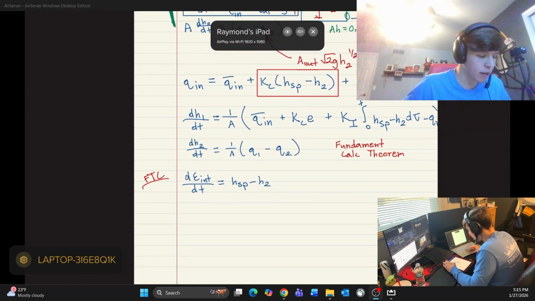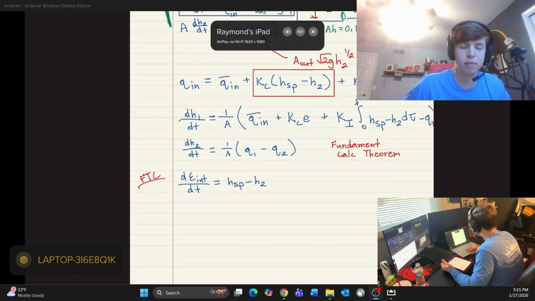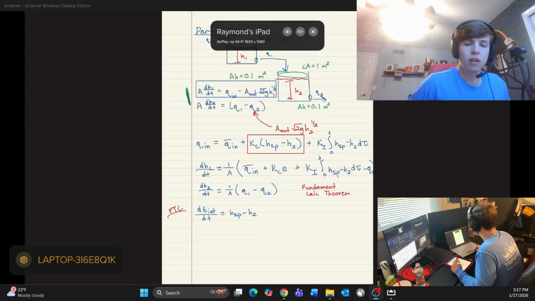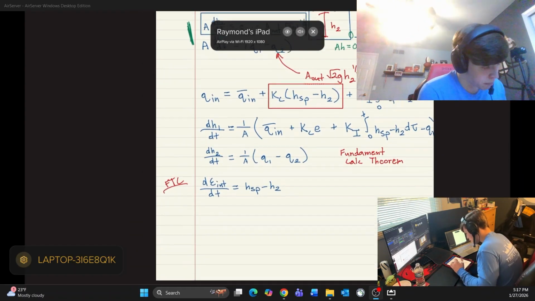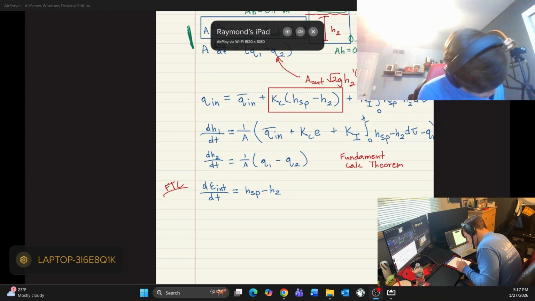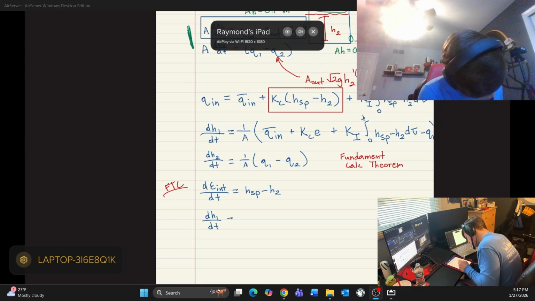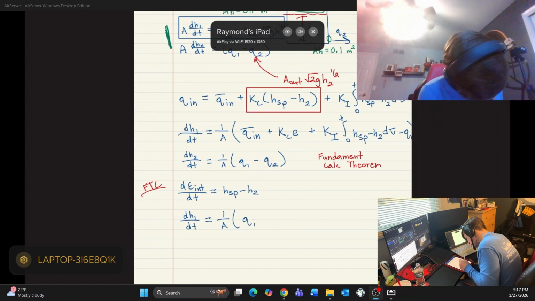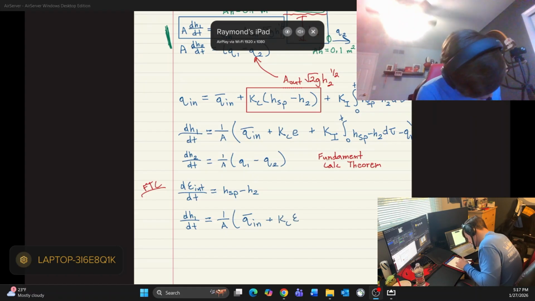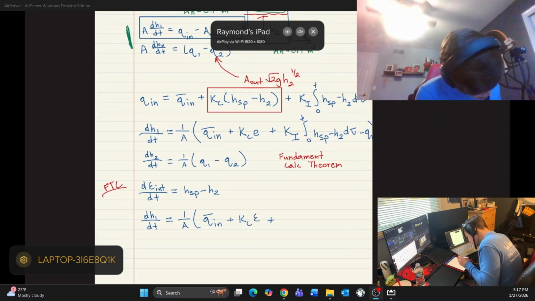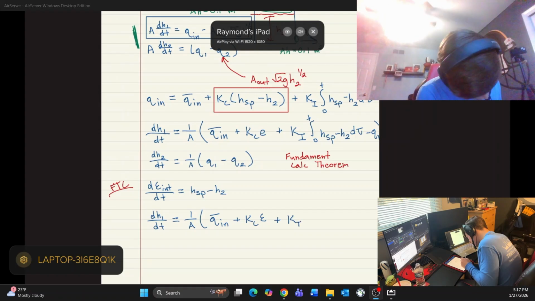So now we can rewrite and reapply this into our equations to be able to simplify them and have a more effective dynamic material balance for this problem. So now finally that we have used our fundamental theorem of calculus, we can now rewrite these equations as dH1 over dt equals 1 over A multiplied by Q_in plus Kc times E plus, now we can rewrite this integral as Ki